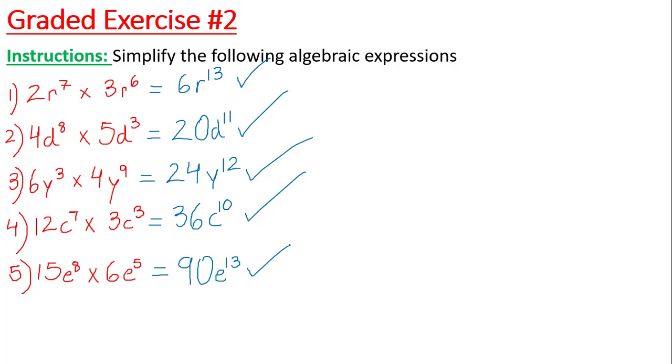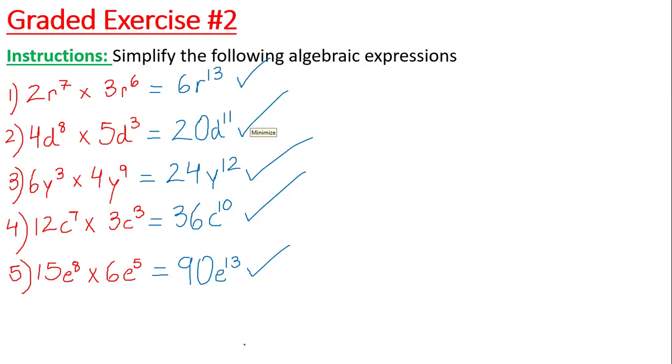Good. If you got all right, please put I inside the chat. If you got one wrong, put Y. And if you got 2 wrong, please put N. Again, if you got all right, please put I inside the chat. If you got 1 wrong, please put Y. If you got 2 wrong, please put N. By the way, take a picture of your work and send it to me via WhatsApp.